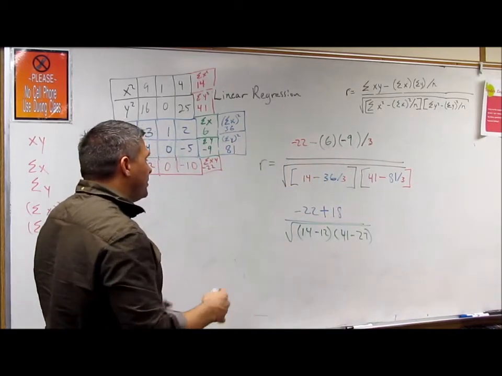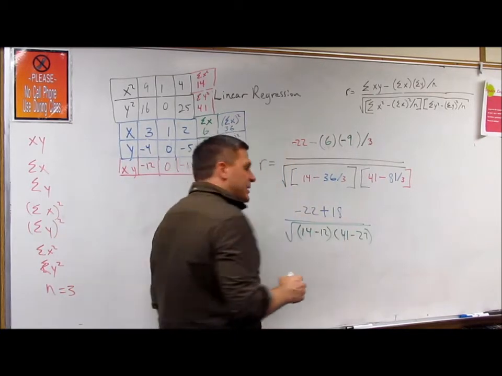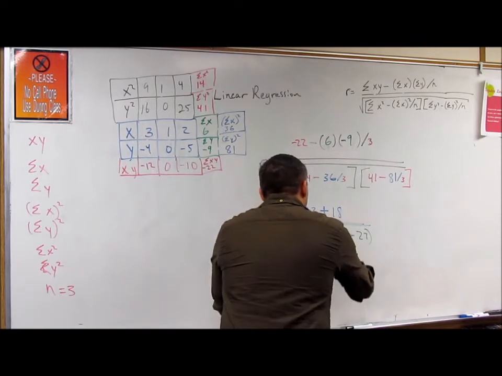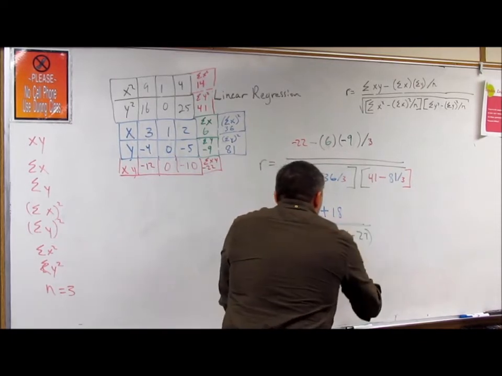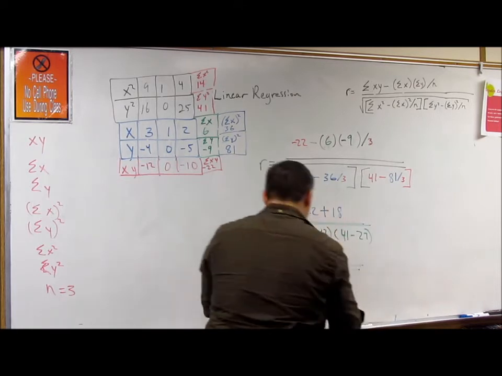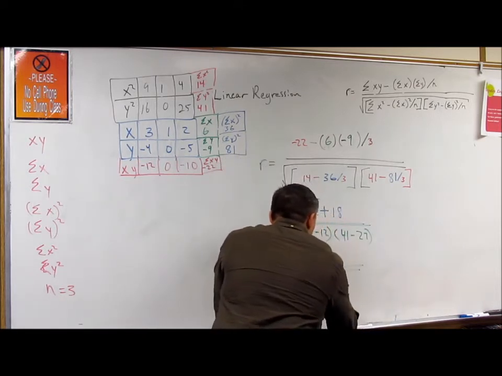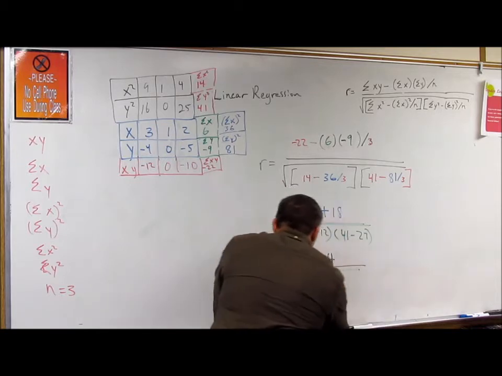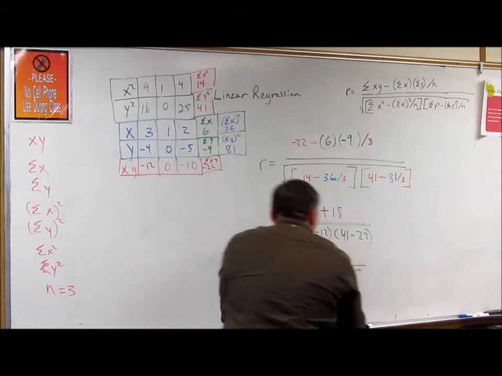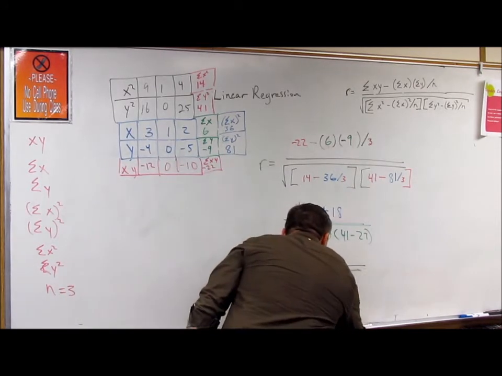Okay? So then I do some of that simple math, and I got negative 22 minus 18, or plus 18, sorry, so that's actually negative 4 divided by the square root of, and actually let's do this in a different color so we can see it, negative 4 divided by the square root of, and 14 minus 12 is 2,